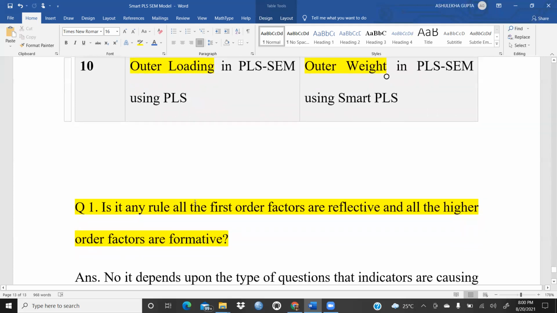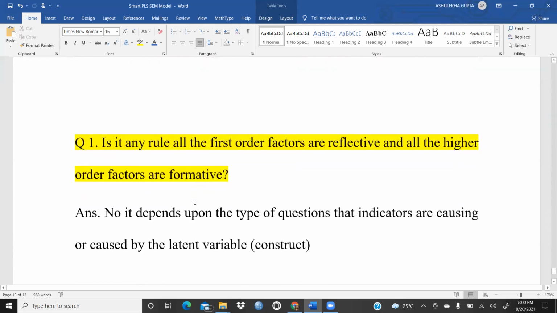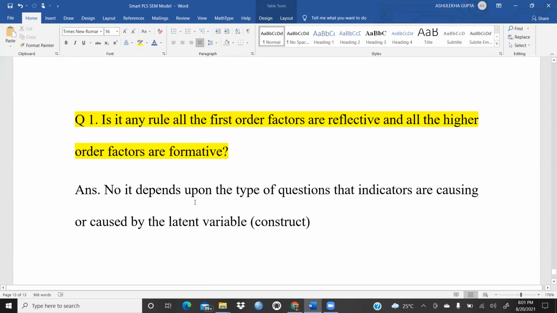Now, most of the researchers were asking me this kind of question: is there any rule that all the first order factors are reflective and all the higher order factors are formative? So the answer is no. It depends upon the type of questions, whether indicators are causing or caused by the latent variable or the construct.